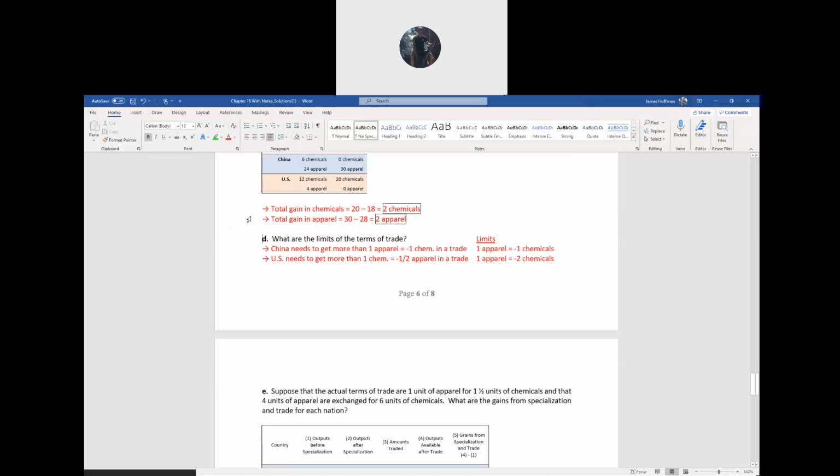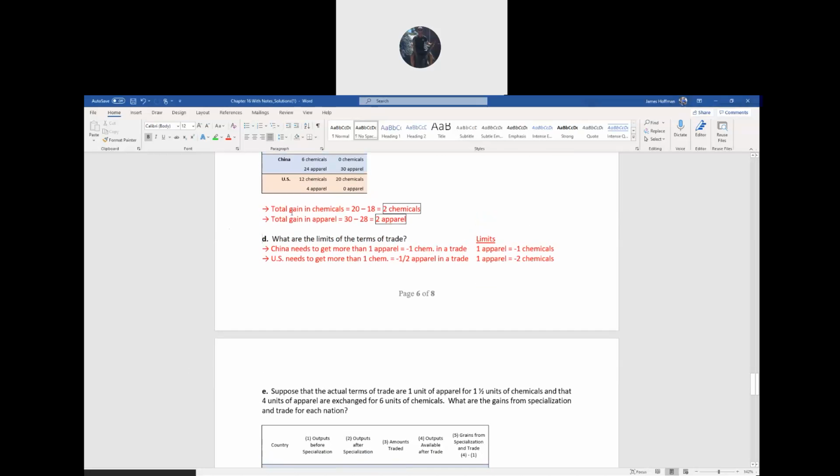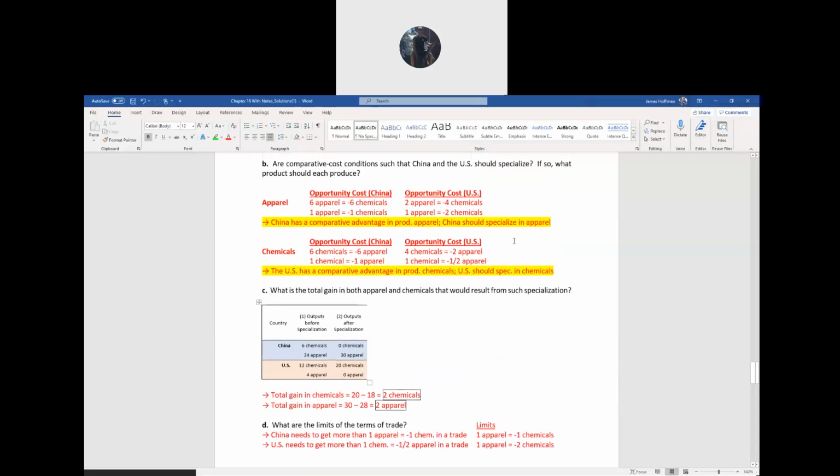Part D. What are the limits of the terms of trade? So, again, this one's a little confusing, but what you need to do is just start with one country and start with the good they're going to specialize in and put the initial exchange rate. So China, we determined, is going to produce apparel. All right, so we need the initial apparel opportunity cost for China, which is